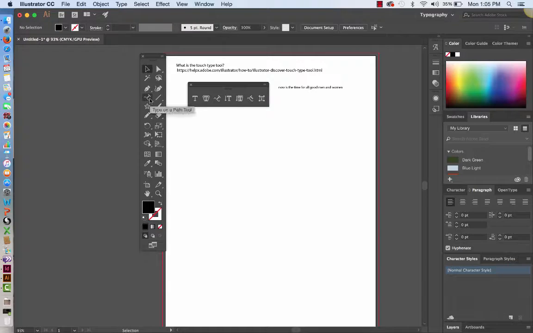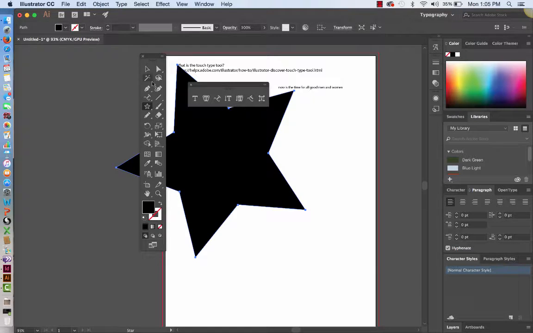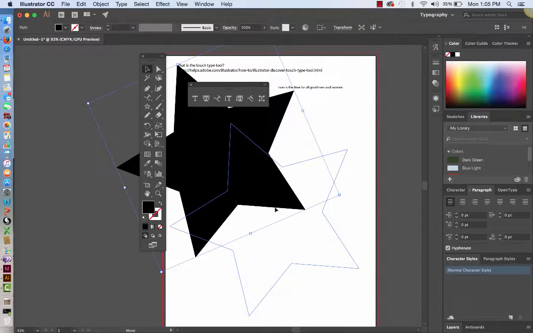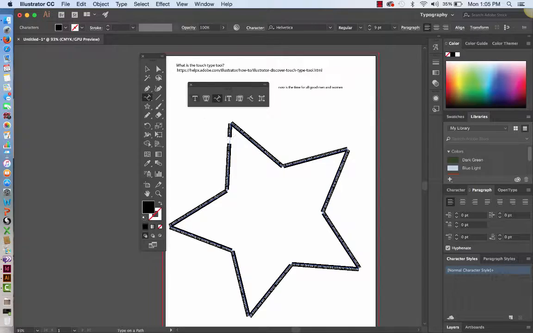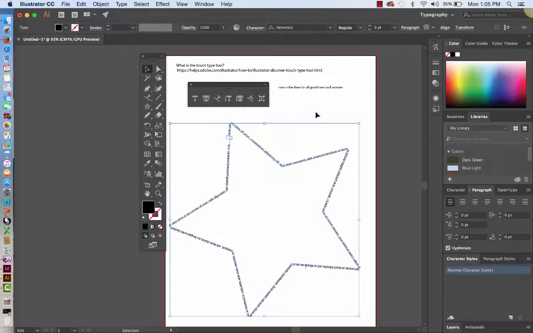You can also, let's say we want to use the type on a path tool rather than the area type tool. It will allow you to do that as well. So you can create type that extends around the perimeter of your shape. Now, if you go up to options in this particular instance,